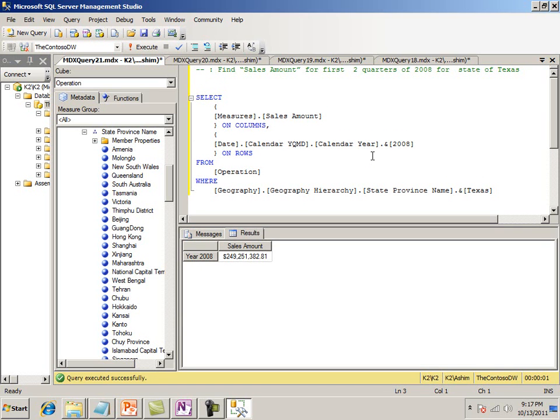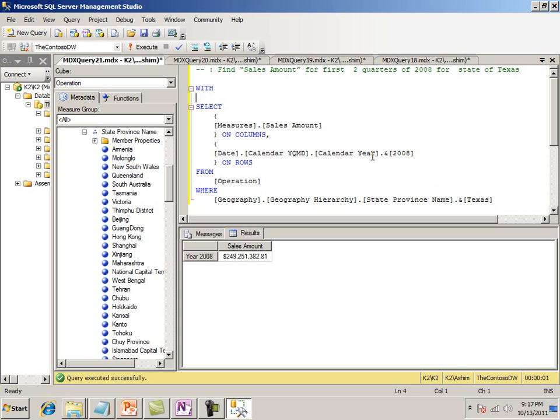And if I want to do the first 2 quarters sales amount, what do you have to do? We'll say with member measures first two quarters and sales amount as,